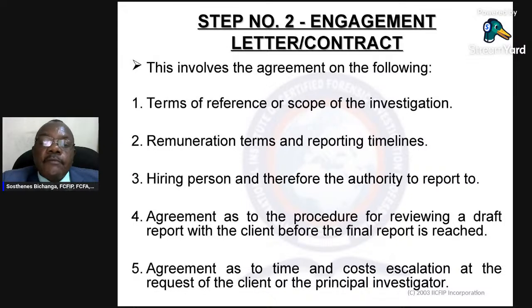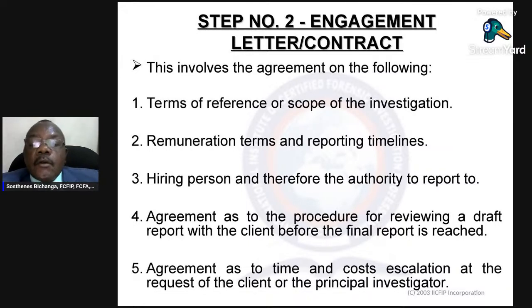I will now discuss briefly the types of forensic investigation engagements: short-term engagement or long-term engagement. This may either be external or internal engagements. If the engagement is going to be for a short and fixed time, then it has to be clearly stated in the contract. If it is going to run for the long term, then that also must be indicated in the contract.